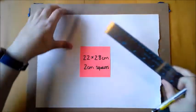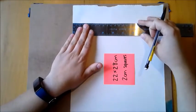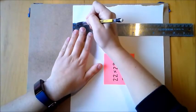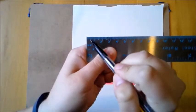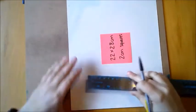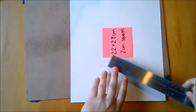So when you get started, you need to make sure that you start with your border. And the border on this one's going to be much skinnier than with our monochromatic piece. I'm only doing a 0.5 centimeter. So if I pick up my ruler so you can see a little better, I'm working with centimeters, and my 0.5 centimeter is this medium-sized dash mark right here. So I'm making two measured marks at that 0.5 centimeter so that I can make sure that my line is